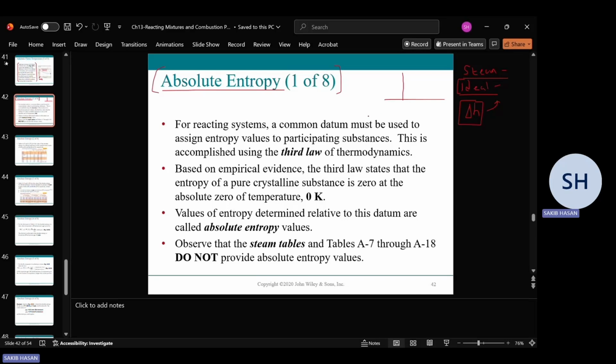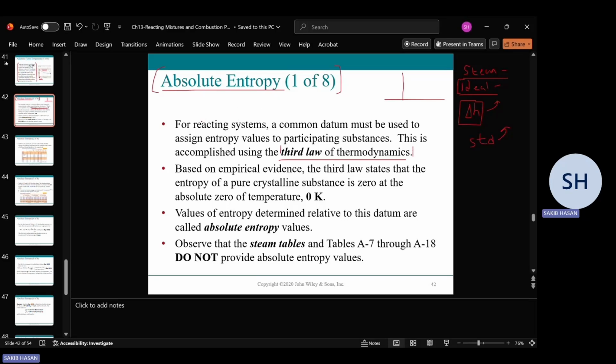However, when it comes to entropy, we also set a common datum. But instead of thinking of the standard conditions or the standard reference state as we did for enthalpy, now we refer to the third law of thermodynamics for our new reference. And the third law is basically